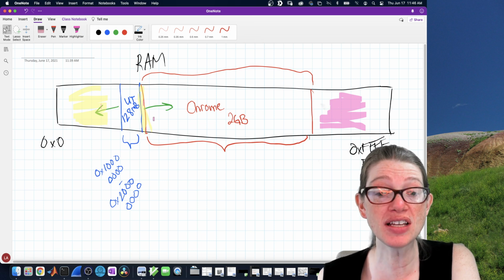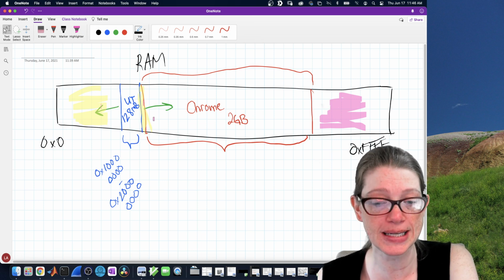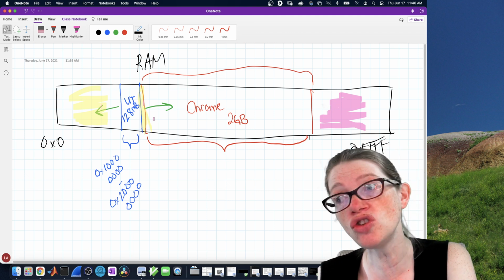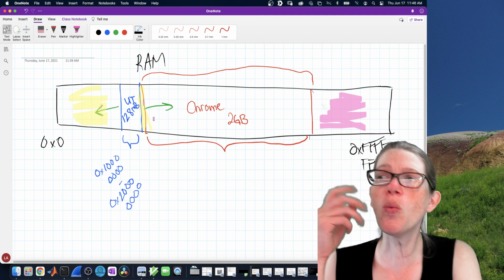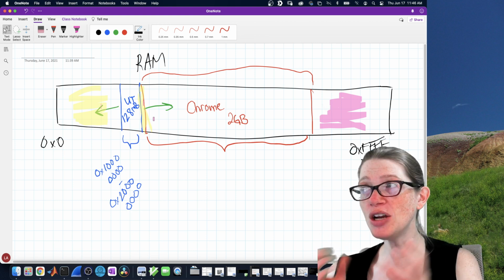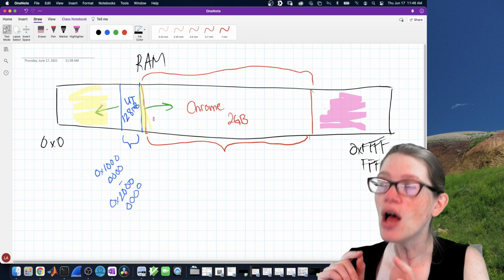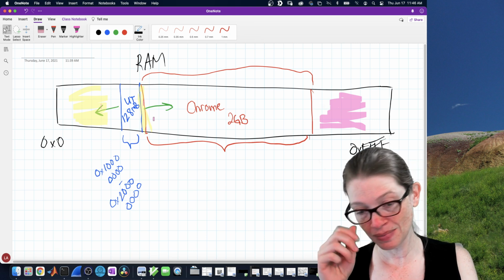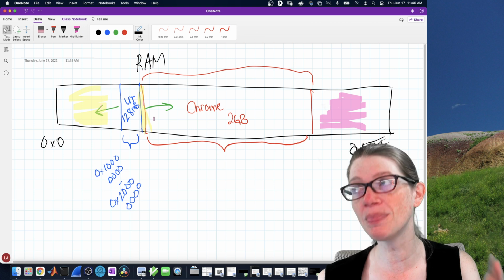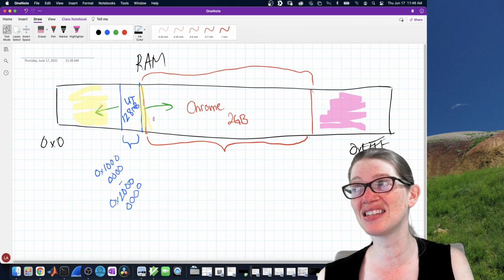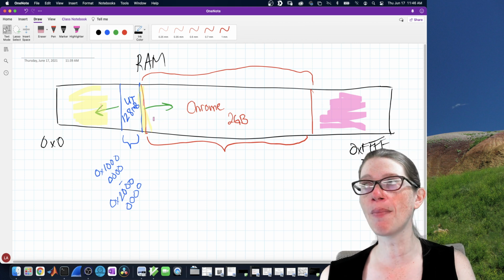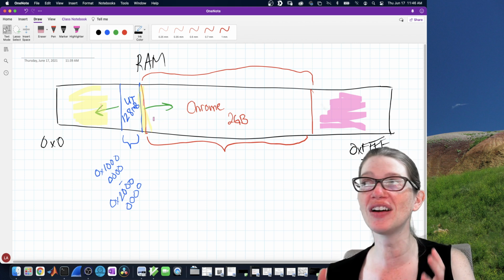Well, it's made possible because we don't use real addresses. And we're letting part of the address space, as a result, not actively live in RAM. Now, why would that even make sense if part of your address space doesn't live in RAM, but you're running the program? Okay, well, let's think of it this way. If you've got a big program like MATLAB, I'm going to use MATLAB as an example because it's huge and it has so many different things in it. When I use MATLAB, I use very, very little of its true